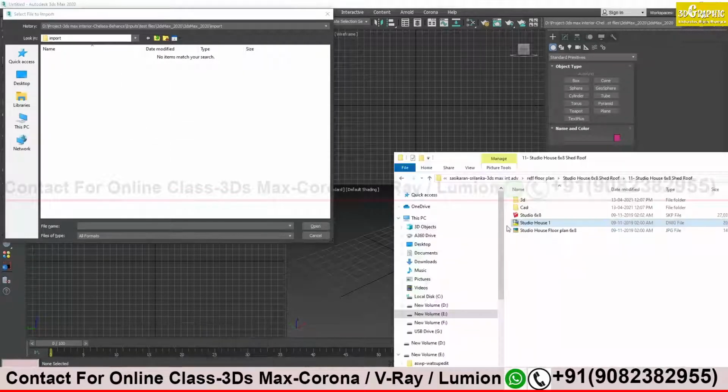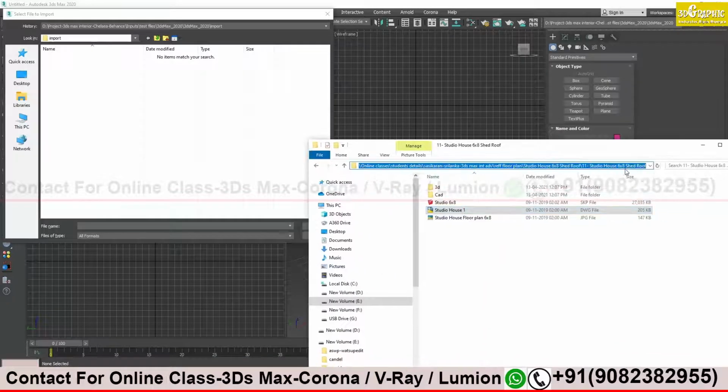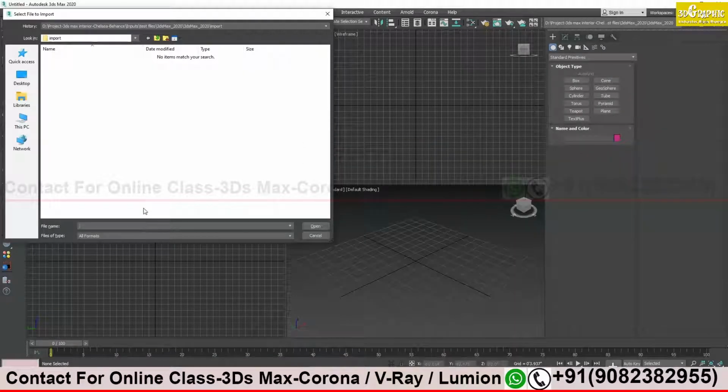Give the path where you have saved the CAD file, click on the CAD file and click the Open button. It will open. I'm not going to do this because I'm going to show you a shortcut way of importing the file. The long way also works.